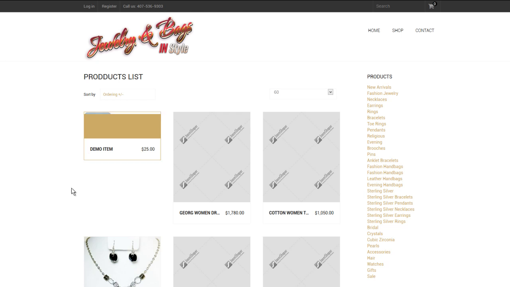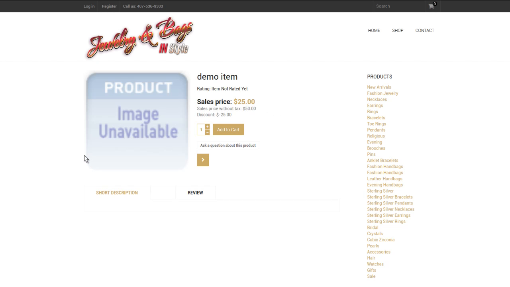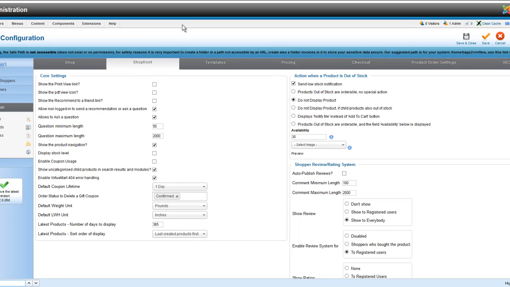Now that there is, obviously I didn't add an image, so there's no image there. Does not look too good. But we can click on that. We see my price was 50, and then I've discounted to 25. So